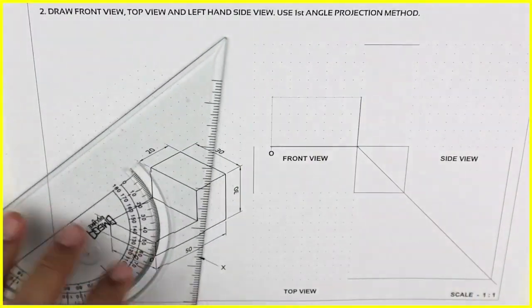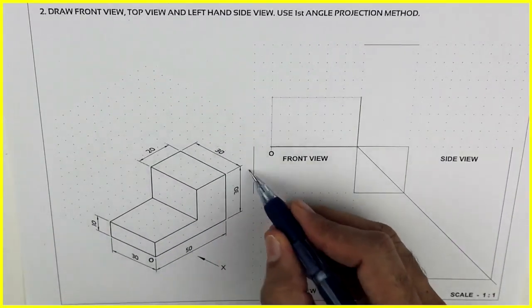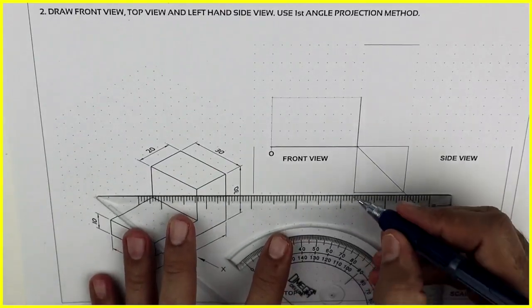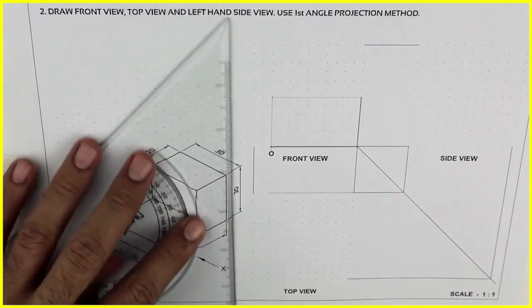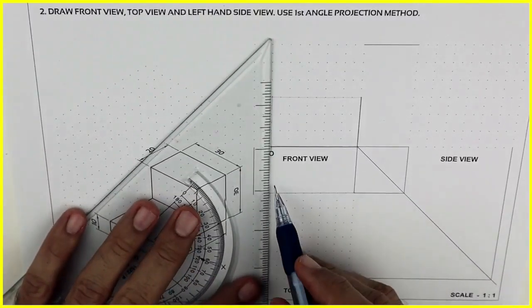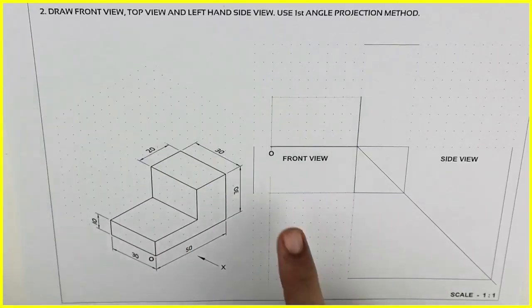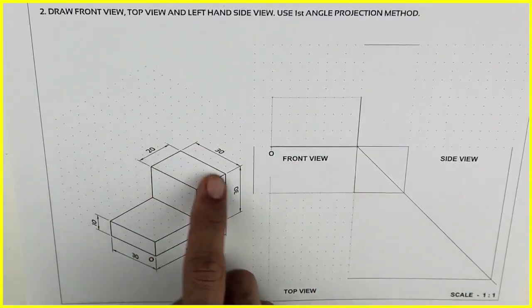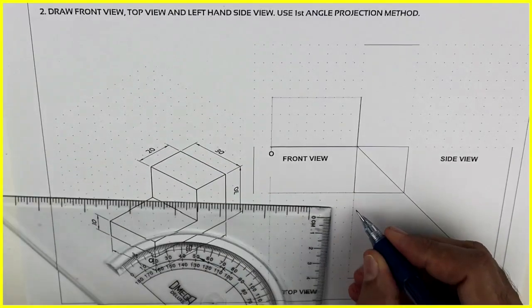And we complete the box. After that, width is how much? 30. So we leave 20 and we'll draw a line. We can leave whatever we want, so I'm leaving 20 mm. Then we'll draw a vertical line. And remember, all dimensions are in mm. This is how much? 50, 30. So we'll take 30 and we will draw this box.